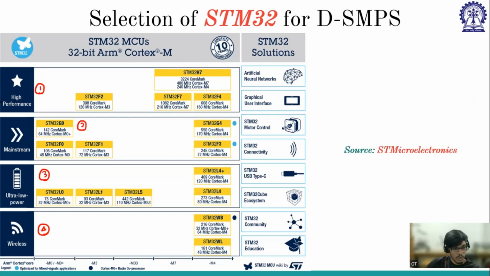microcontrollers. So only the last 2 names are changing. So it is L0, and this is L1, L5. This is L4 and L4 plus. So depending upon their microcontroller, their frequency might change, the benefits they offer might change. So you have to go to their datasheet as well as application note and see what that microcontroller offers. And here in high performance, we have F2 as well as F7, F4, H7, and they offer two such cores. Here they are single core, and if you consider these two,